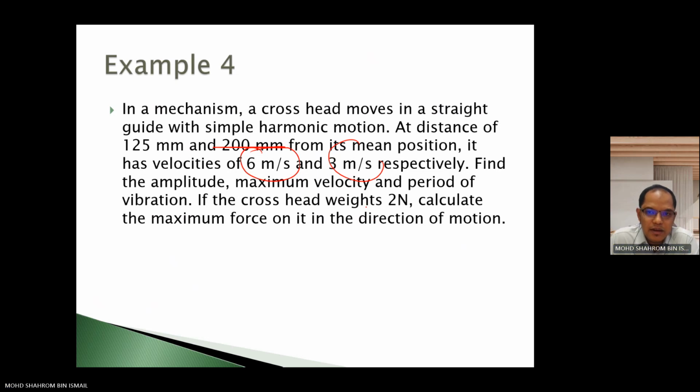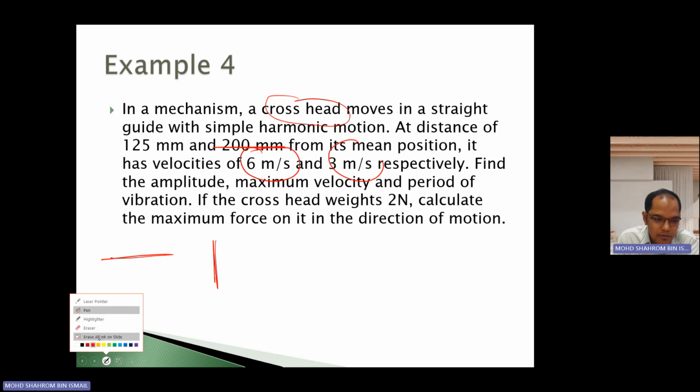Basically, the subject is a crosshead. One subject only. It moves in a linear motion, but we don't know whether it moves horizontally or vertically. It doesn't matter. It gives you two distances, 125 millimeter and 200 millimeter, and of course two values of velocities as well. So they want you to find